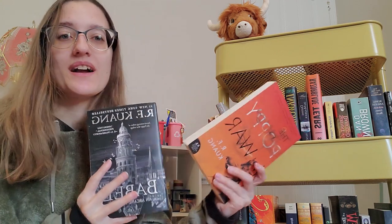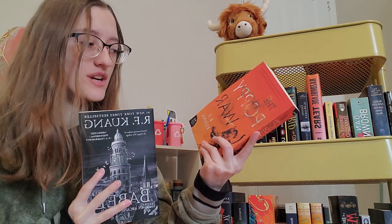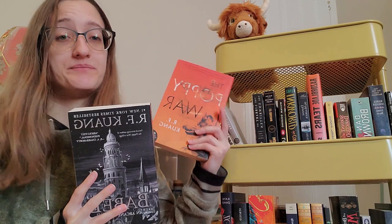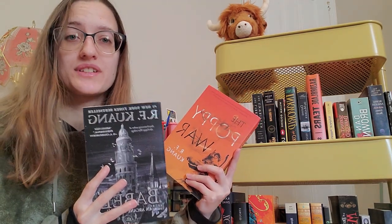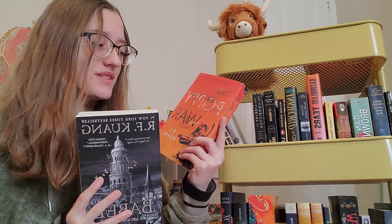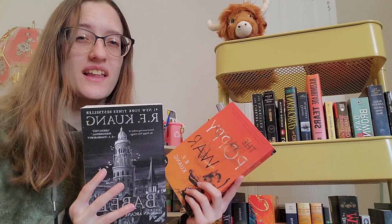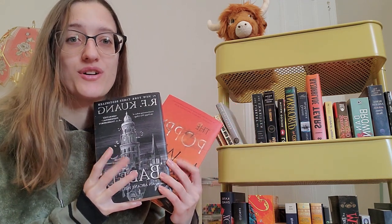And then The Poppy War I actually got at a used bookstore, but it's in like perfect condition pretty much. There's like a couple of bits of wear and tear, but it's fine. I purchased much more beat up books and I don't really care about that. But this is the first book in a high fantasy trilogy. It's kind of like grimdark from what I've heard, but I plan on doing a vlog where I read both